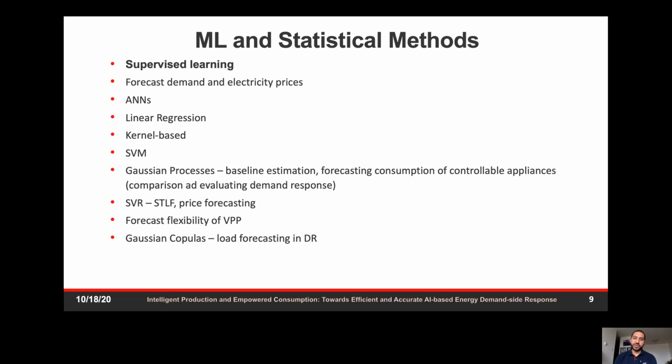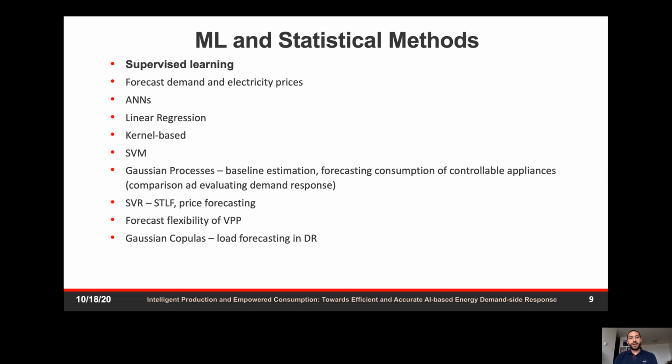Supervised learning is used in forecasting demand and forecasting electricity prices. Artificial neural networks are used, linear regression, kernel-based, SVM, and many other methods are used to help us reach this goal of forecasting demand as accurate as possible and forecasting electricity prices as accurate as possible. Gaussian processes are used for